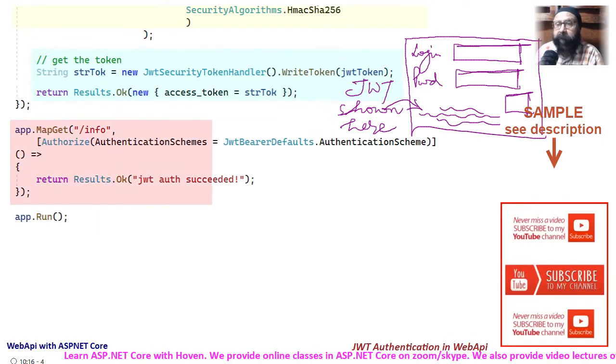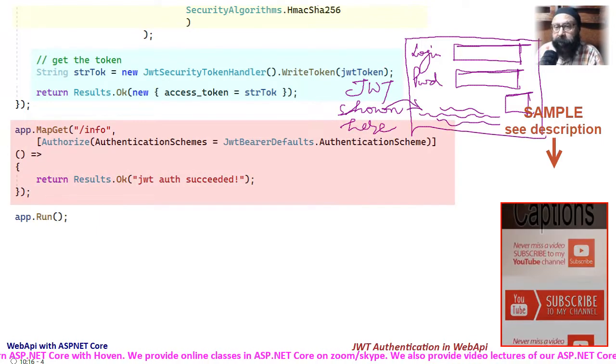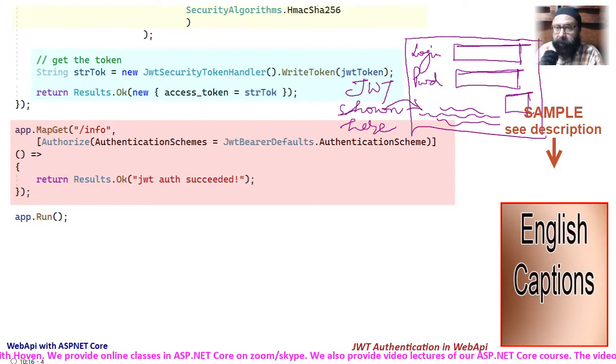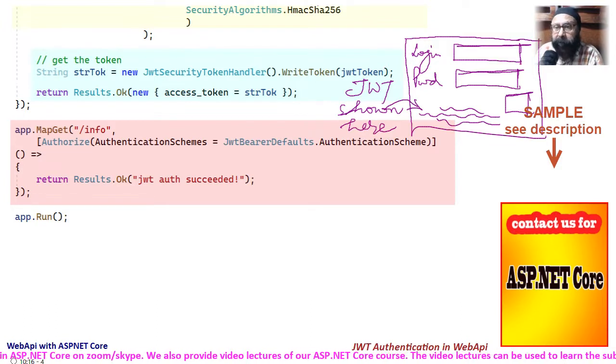And lastly, we have a web API that is protected through JWT authentication. The handler need be only marked with an authorized attribute and everything else is taken care of by the NuGet package that we